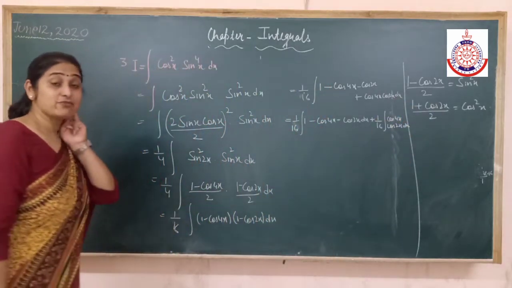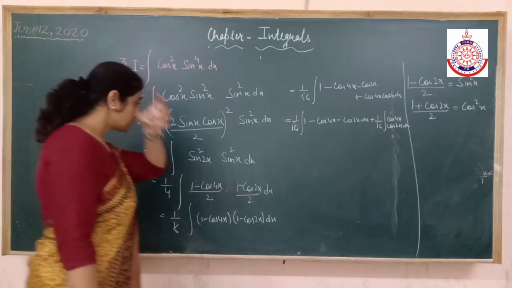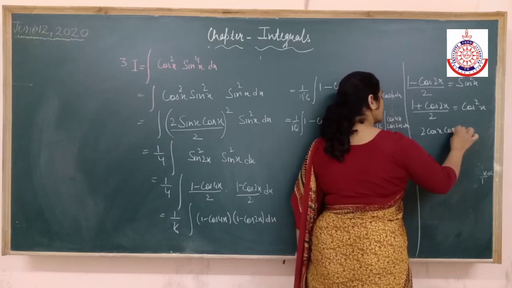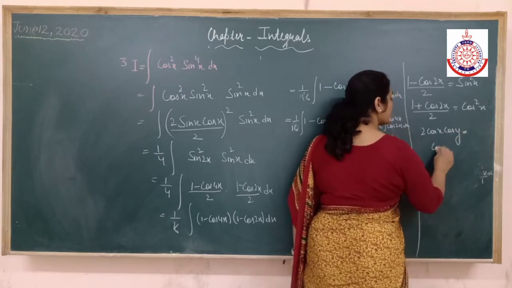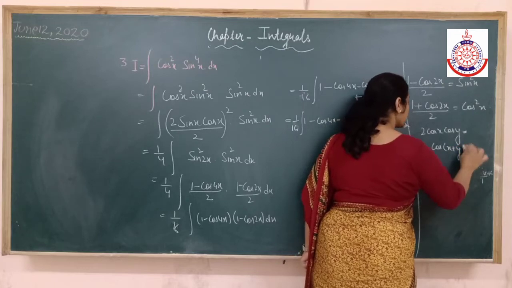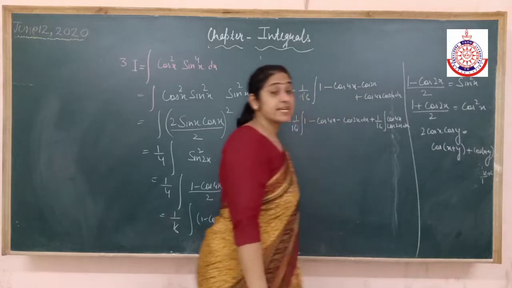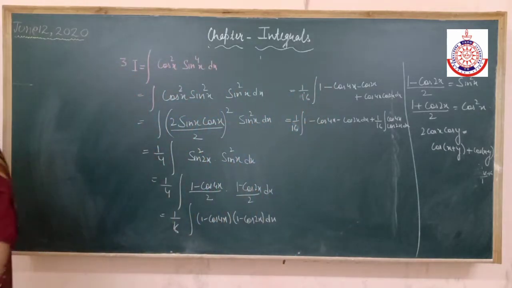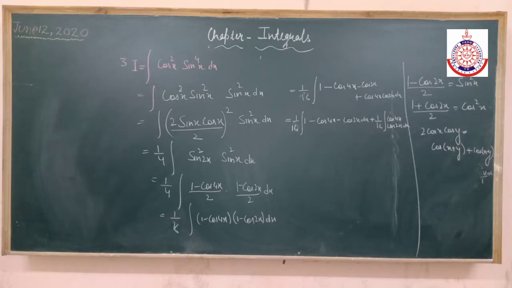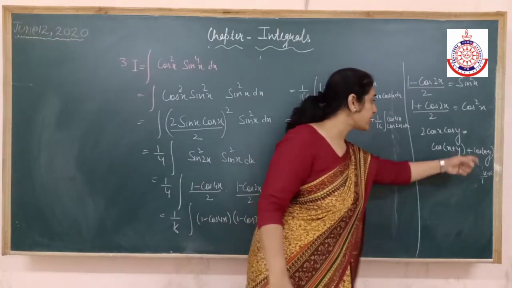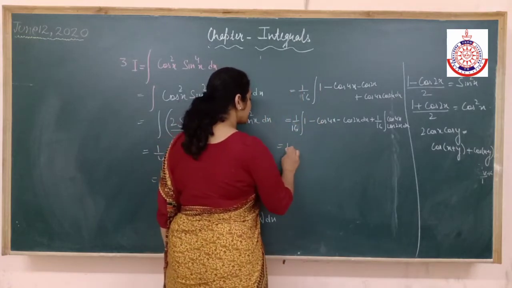Fine. So we have to apply the formula again. Which formula? 2 cos x cos y. What is the formula? Cos x plus y plus cos x minus y. Remember? Whenever multiplication comes, we can't integrate until it comes in a proper form, that I have told a number of times. Still it is cos 4x into cos 2x. So I have to remove this multiplication, so we have to apply this formula. It will be cos x plus y plus cos x minus y. Whatever I know the integration of, that I do.